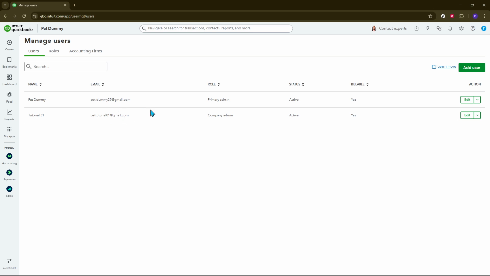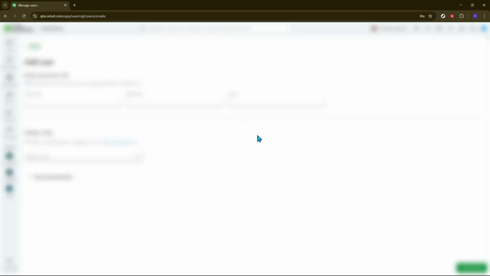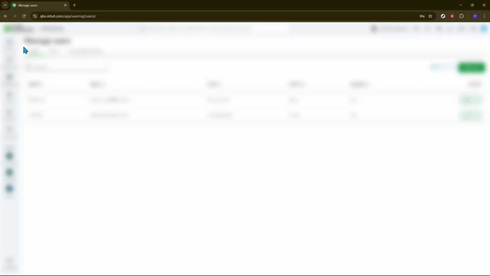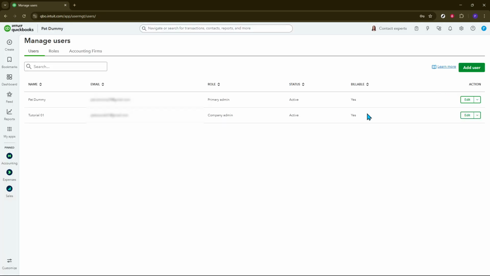If the intended new admin isn't listed yet as a user, you'll need to add them. Click on Add User and then select Company Admin as their user type. Be sure to enter their email address accurately and then send the invitation. It's important to note that the invited person must accept this email invite to officially appear as a user in